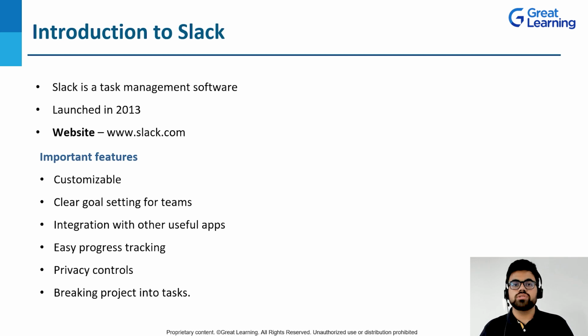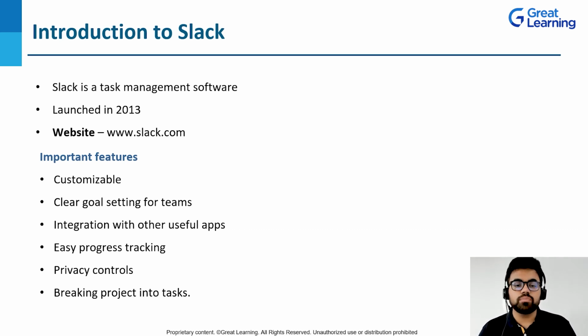Next is privacy controls. Now, we need to understand that with so many companies in the market and you have competition with their rivals, you need to know that privacy plays a very integral part for an individual as well as for an organization. Now, Slack has different channels. We'll talk about that in greater depth. So it has private channels and public channels. Private channels can only be accessed by invites from the admins, and cannot be seen by anyone else in that organization. So privacy is very important, and Slack is at the top when it comes to privacy. It knows that it has to maintain its integrity. So privacy is the number one priority for Slack project management.